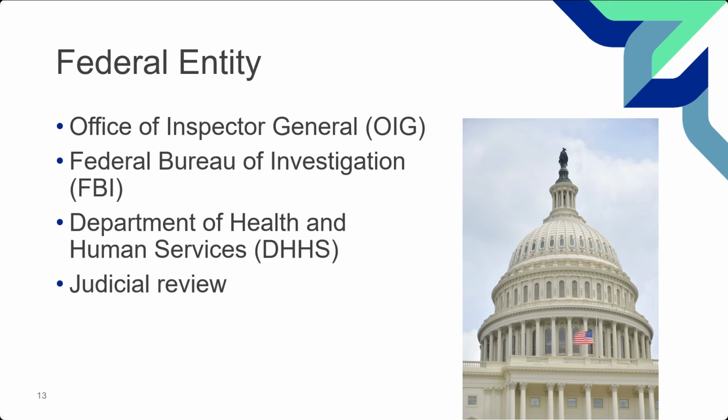So the first one that everyone should be aware of is the Department of Health and Human Services Office of Inspector General. So at the same level as the Centers for Medicare and Medicaid Services is this Office of Inspector General. They both report to the Department of Health and Human Services. While CMS runs Medicare and Medicaid for the federal government, the Office of Inspector General is the legal entity or the watchdog, and they want to watch for fraud and abuse and discover issues for incorrect payments. That's what they do. That's their whole job.